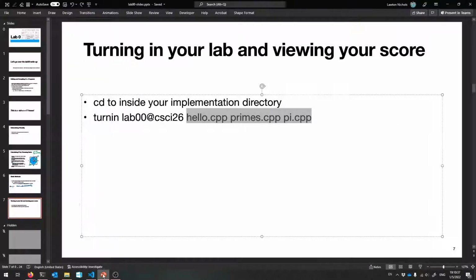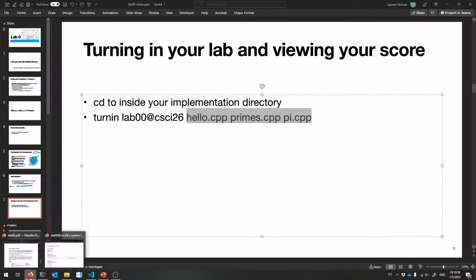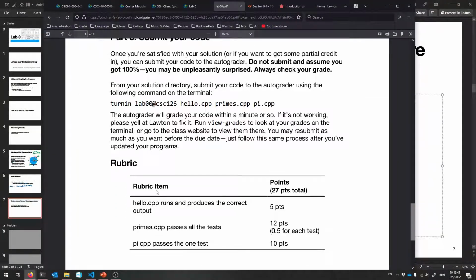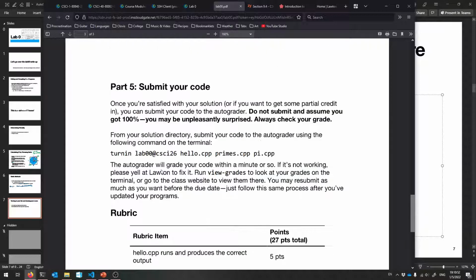So yeah, that's all that I wanted to show you there. You can submit as much as you want up until the due date. So just keep on retrying and just rerunning this turn-in command with all the files, and then you'll be good to go. Okay? So yeah, up until the due date, keep on turning it in, and that is your first